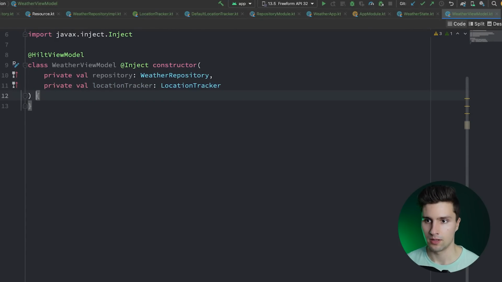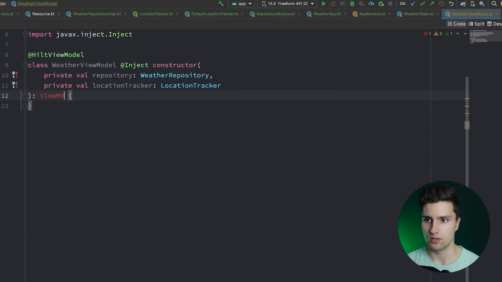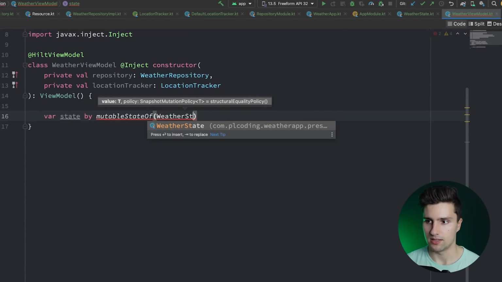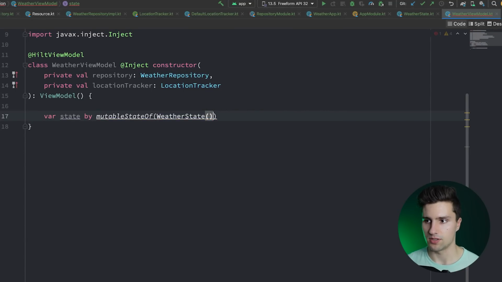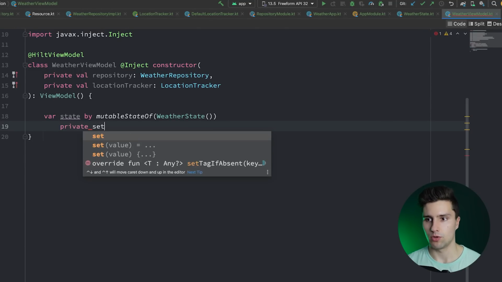Like this. Make this inherit from a ViewModel. Cool. And the first thing we want to do is create an instance for our state. So we will have a var state by mutableStateOf of type WeatherState. Import this twice, pressing Alt plus Enter, and make this a private set,